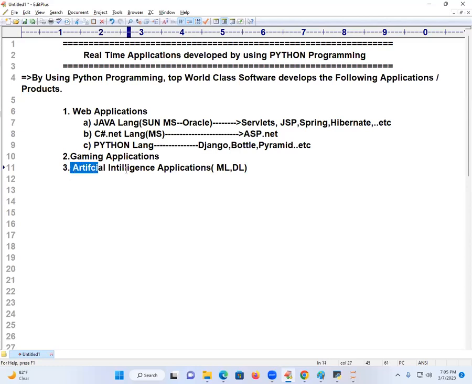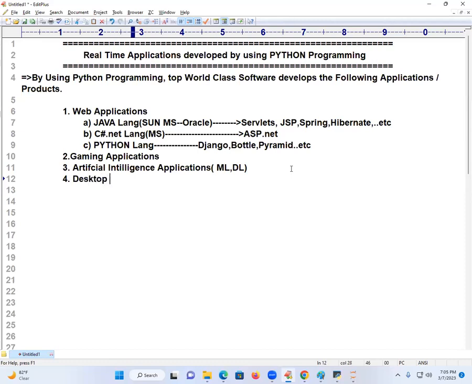Using Python modules, people are designing robotics, humanoids, and virtual assistants, your Google Assistant, Apple Siri, Alexa. These are all called what? Artificial intelligence applications. Are you able to get it, students? These are all your mobile face detection, your fingerprint application. These are all called what? AI models, AI implementations.